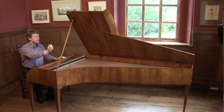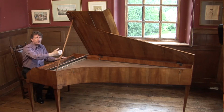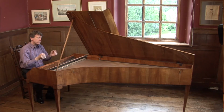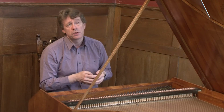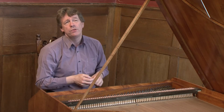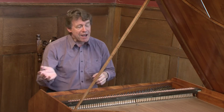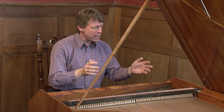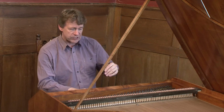You'll notice that the tail end of the instrument is squared off, which is a feature of the later Viennese style of instrument, such as was built by Walter. Earlier types, by Stein for instance, of Augsburg, whose pianos Mozart encountered in the late 1770s and which he greatly appreciated, have a double S-shaped bend along the side, and whereas this instrument is double strung from the bass up